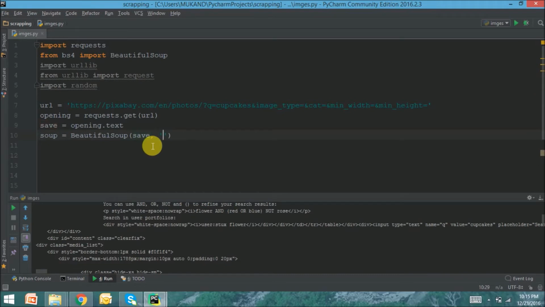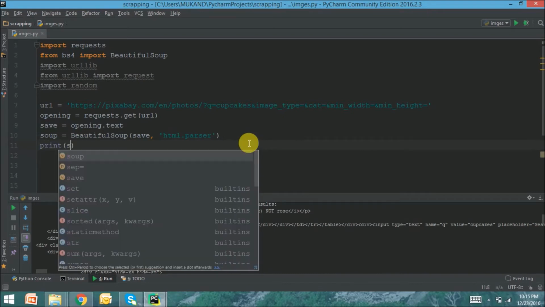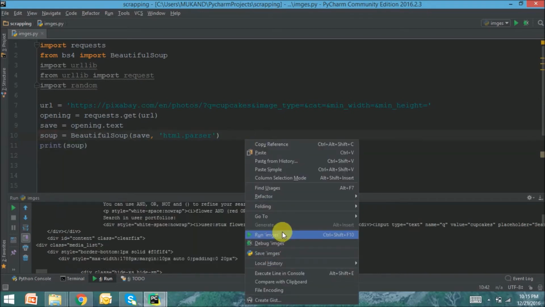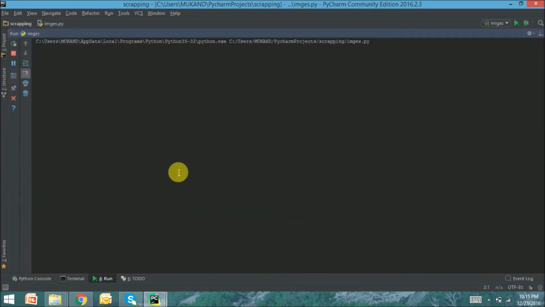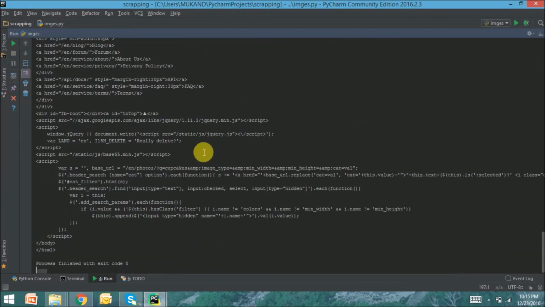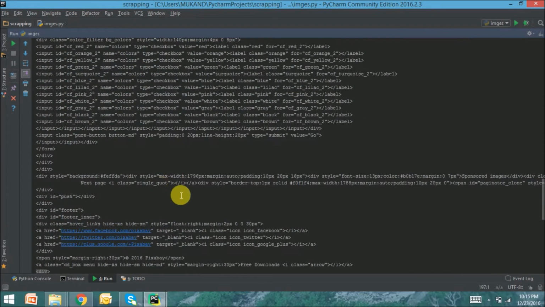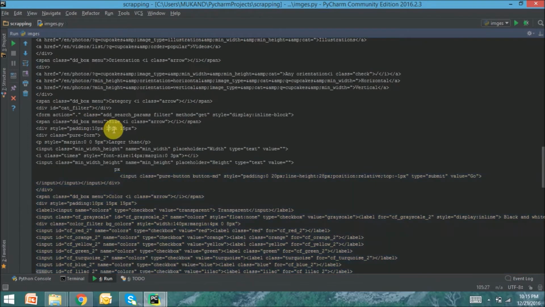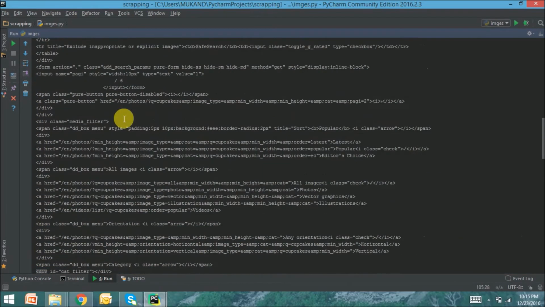For that, we need to write HTML parser. So now if we just print soup, we can see the code is prettified, and we can read it in a quite good manner